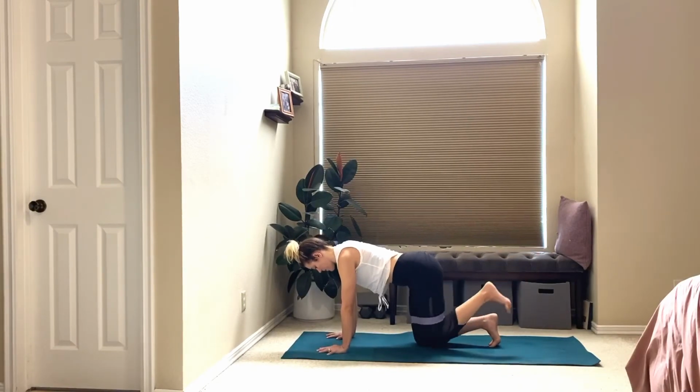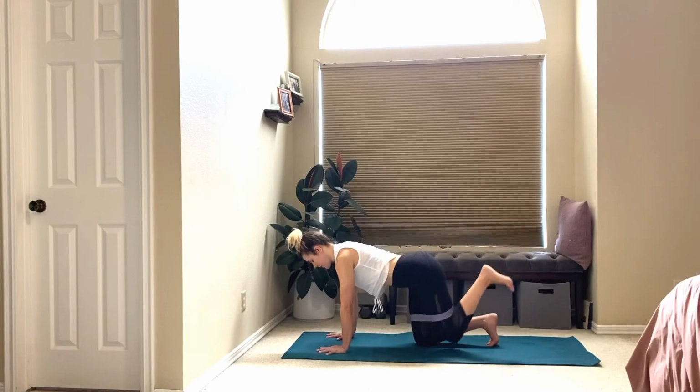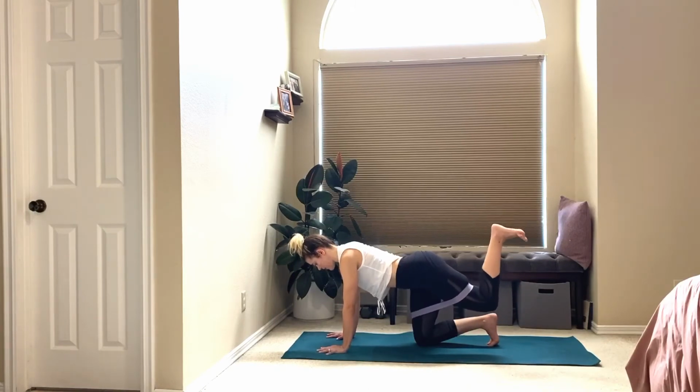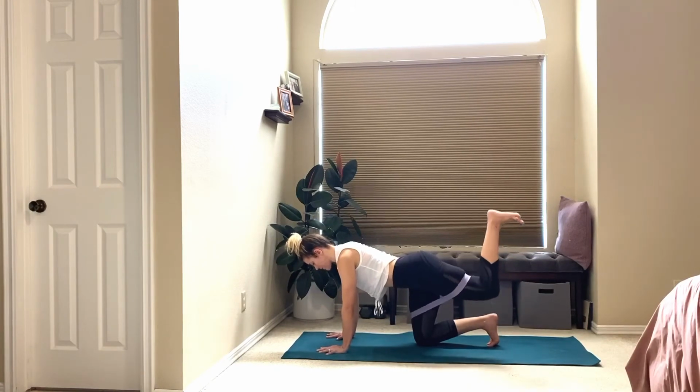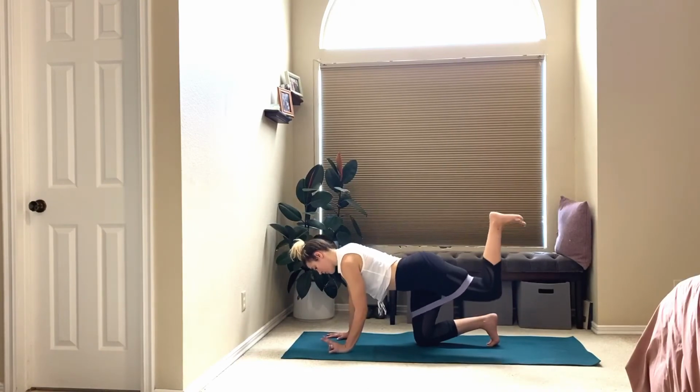Left leg lifts back. Tap down and up. 90-degree bend. Down and up. Down and up. Try and plug the shoulders back. Keep squeezing deep into that left booty at the top. Hold it up, we pulse, lift, lift, lift, lift, just 4, 3, 2, 2 more sets, here we go, all